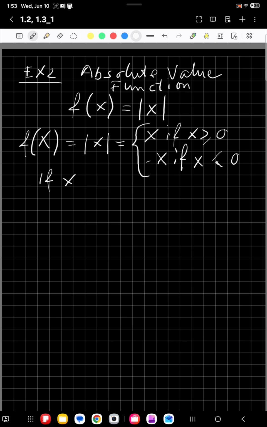So if x equals 3, I would use the absolute value and put 3 here. And 3 is a positive number, so it belongs to the red function. It says if x is positive, then the absolute value of that is just that, so 3. Okay, so now if x